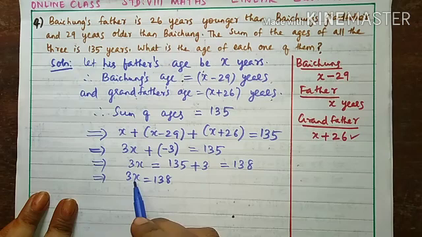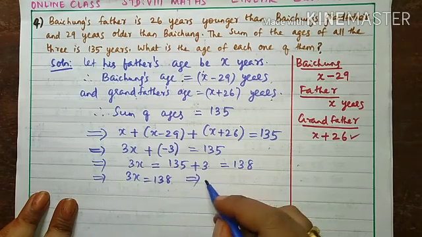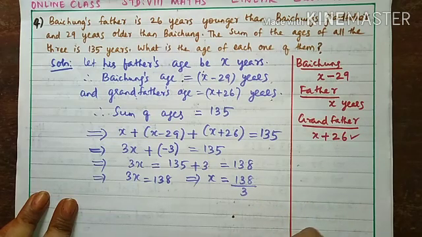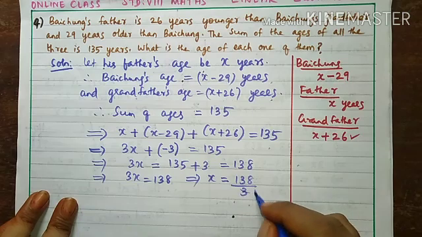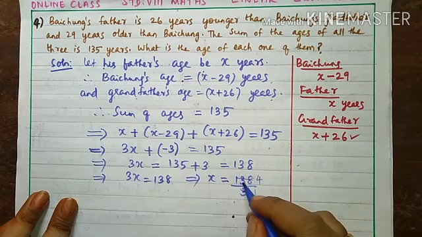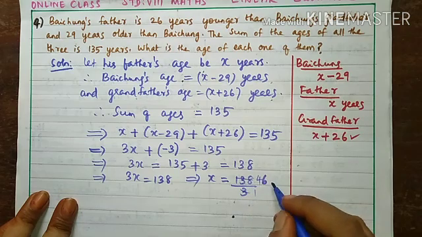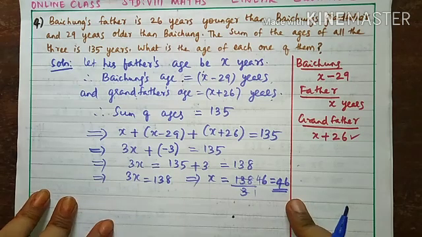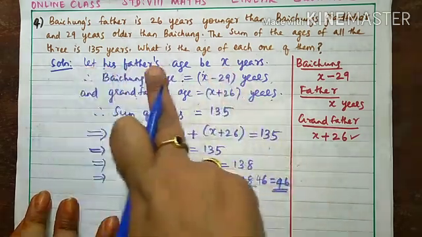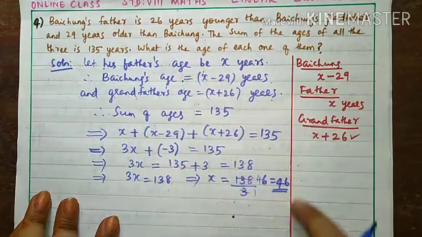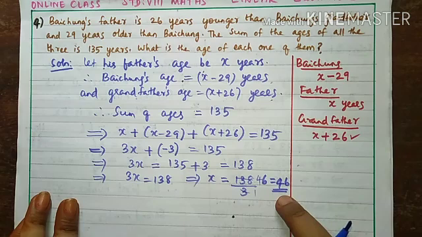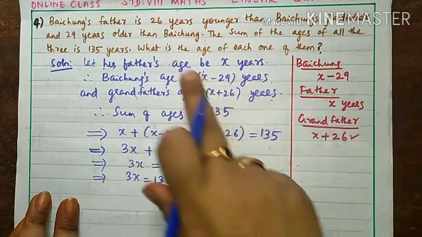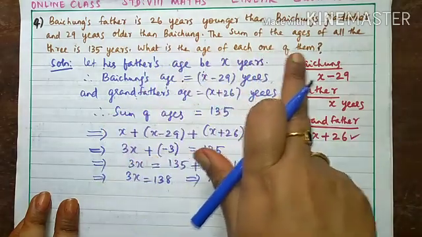Now we got 3x equal to 138. So 3 into x, multiplication transposed becomes division. So x is equal to 138 divided by 3. Now reduce this one. 1 3 is 3, 4 3s are 12 and balance 1, 18, 6 3s are 18. So we got x value 46. And who is this x value, children? This x is our Baichung's father's age. So thus we got father's age is 46 years. Understood? Using this we will find the ages of the two people remaining. That is our question: what is the age of each one of them?